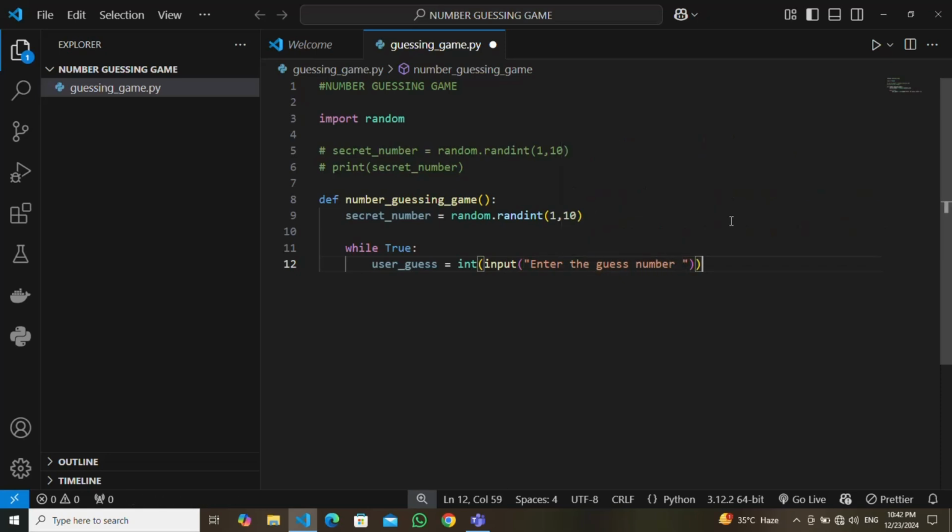Then what I'm going to do next is to check if the user guess is equal to the secret number we have generated here. So that is what we are going to do by using the if-elif-else condition, to check if the user guess matches our secret number. I can do that now by simply saying if the user_guess is equal to my secret_number, then